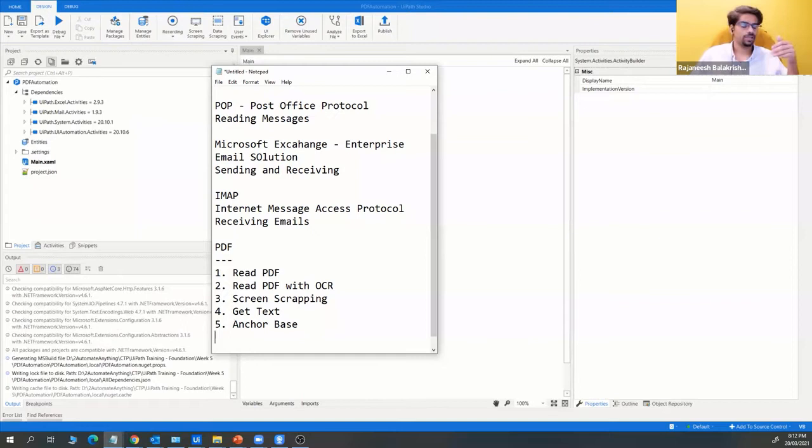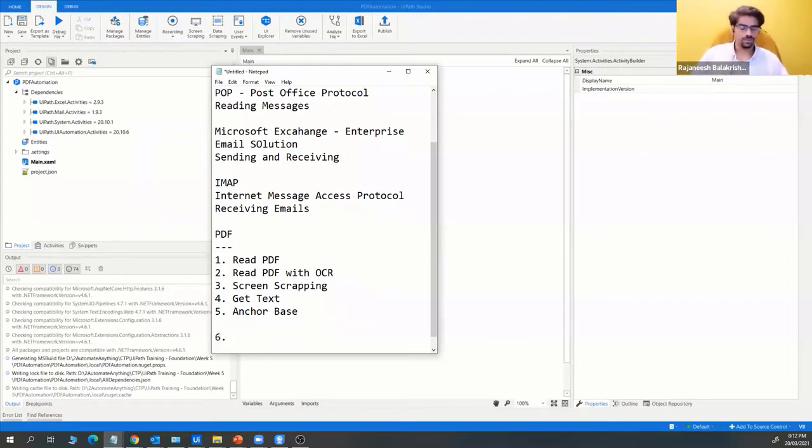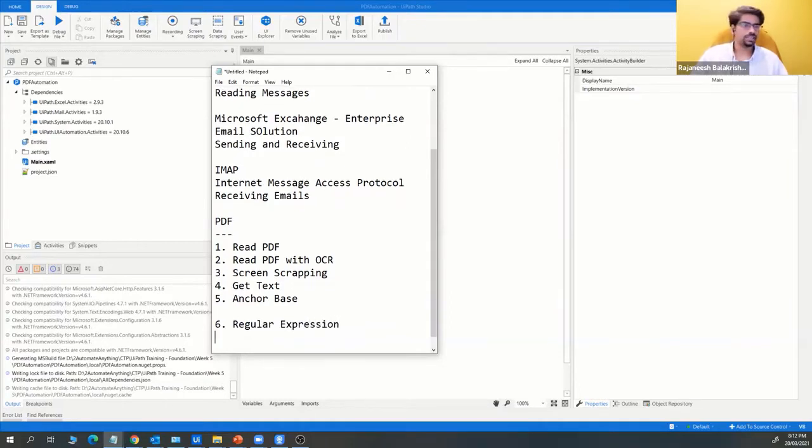In addition to that, there is one more concept called regular expression. This is not an activity, but if all the 5 options do not work, we will go with the regular expression. We are not going to see regular expression today.